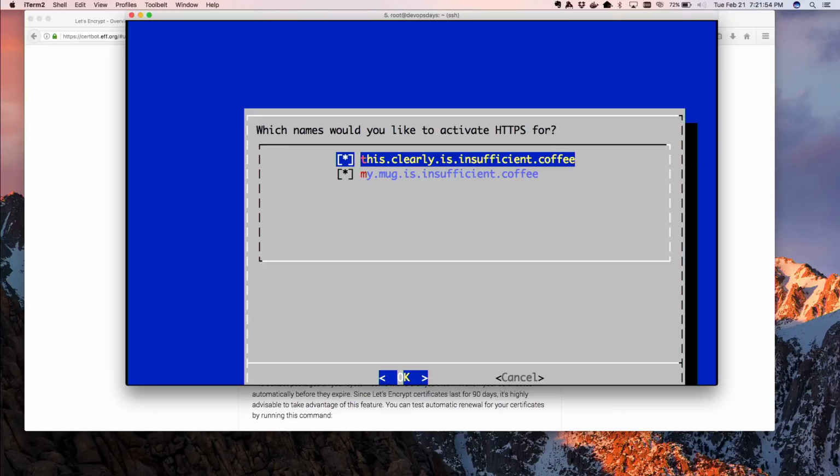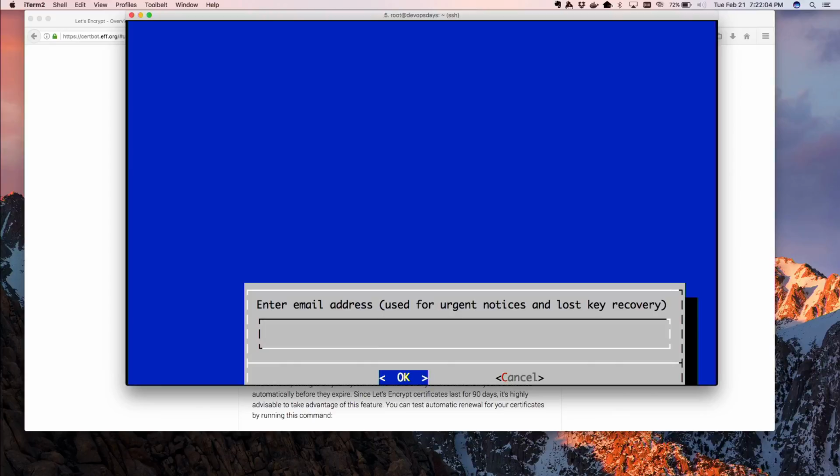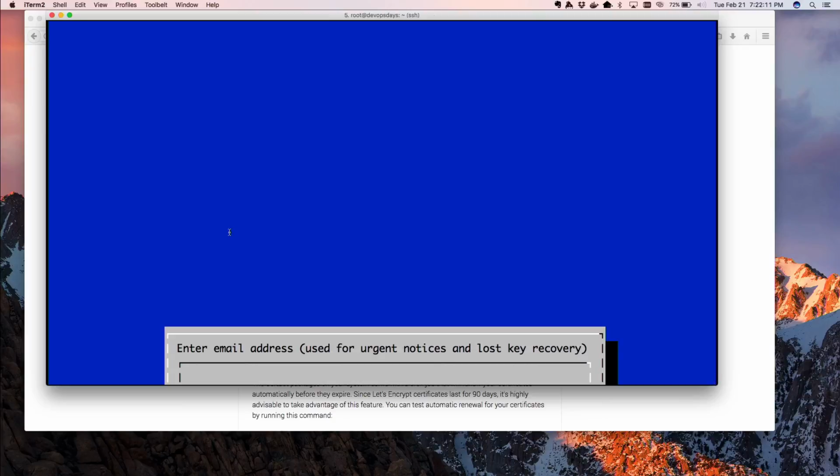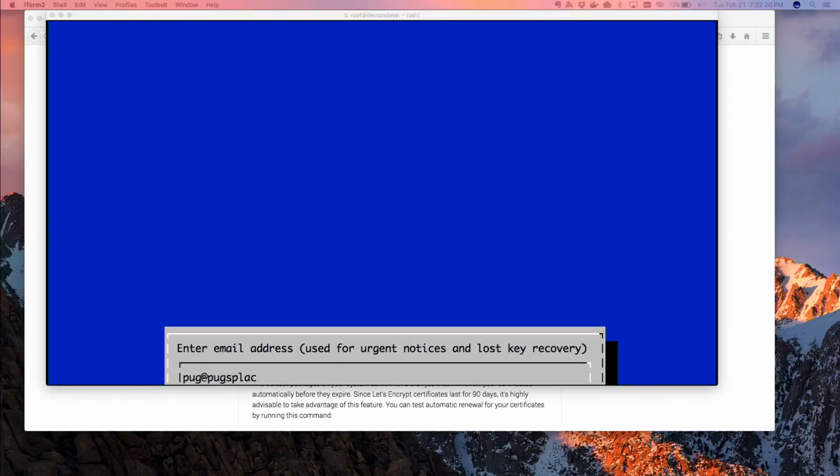All right. It read my Apache config files and wants to know what we want to turn on. We'll just pick both of those. What email address? So Let's Encrypt asks for an email address in the ACME protocol because Let's Encrypt would like to be able to tell you if your certificate is expiring or if there's something critically bad.